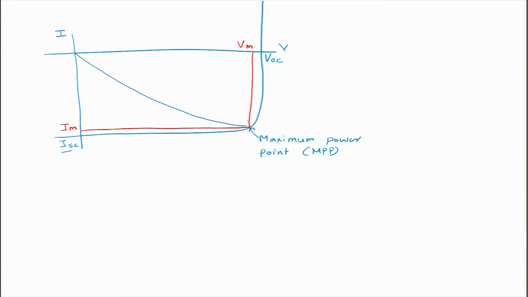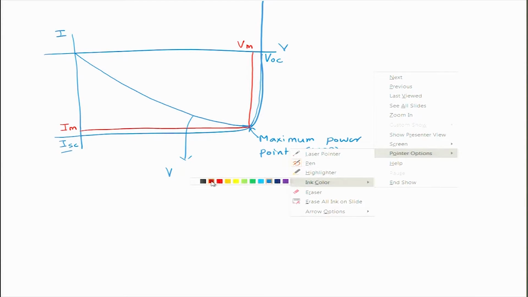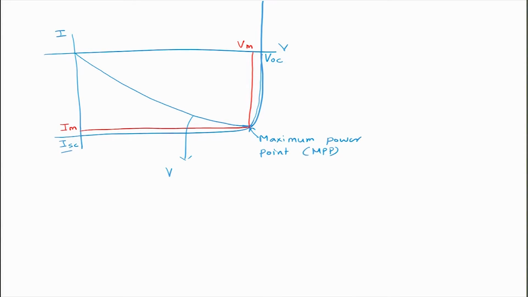It reaches a maximum at this point before it decreases again. So, this would be the variation, I can use a different color perhaps, maybe the green one. This power will show a maximum at this point before it decreases. So, this would be the variation of the power density of the solar cell, which will achieve a maximum at the MPP point.